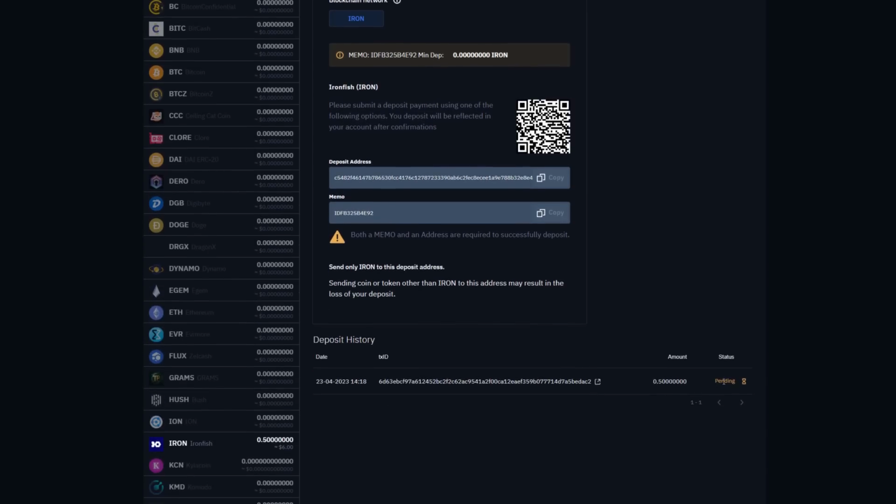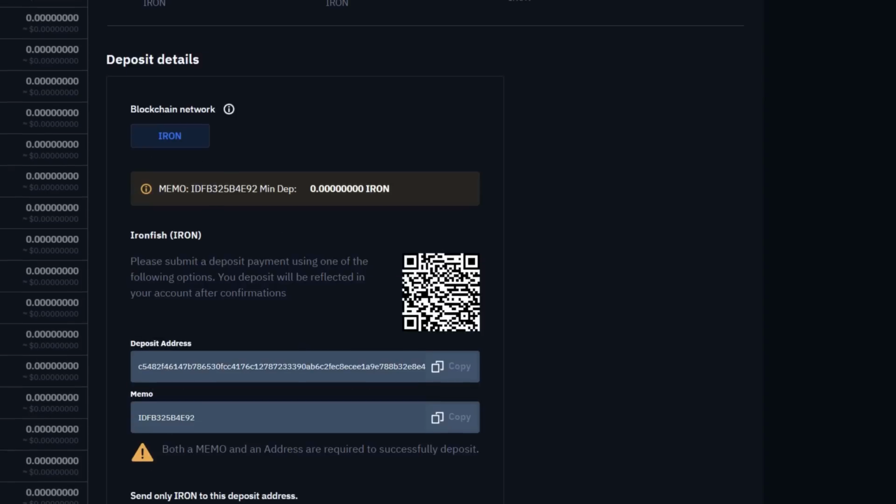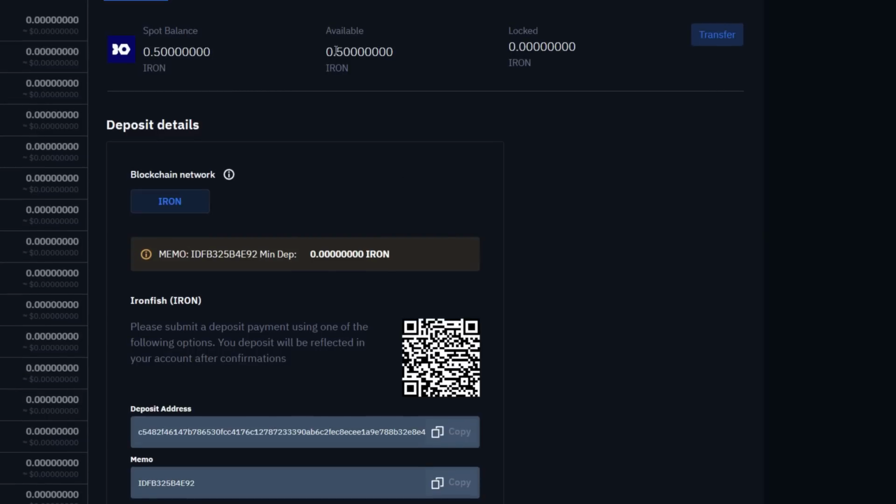Reload. And okay, so now it's pending. So it went through the 3 confirmations. Now it's a pending transaction. So it is now 2:20. 3 minutes have gone by since I sent that transaction. We'll see when it actually gets into my account. The time is now 2:21. 4 minutes after I send the transaction, it still says pending, but it's telling me I do have 0.5 iron